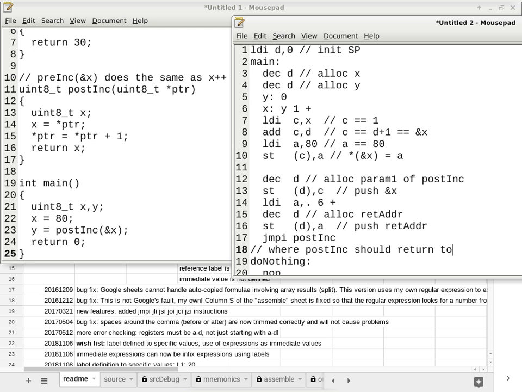So this is equivalent to defining a label right after JMPI and then referring to the label in the LDI instruction. It would be exactly the same thing. But the nice thing about this approach is you don't need to define extra labels for that purpose. And because we are not using extra labels, it is also going to remove the possibility of using the wrong